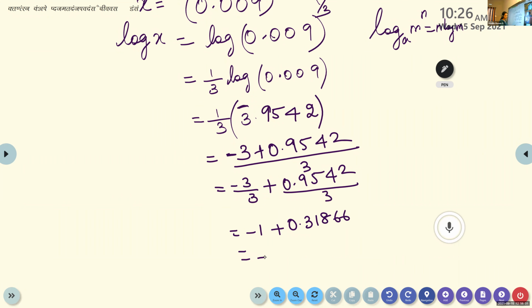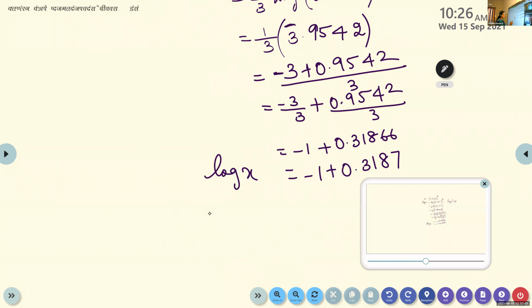So it will be the same as minus 1 plus 0.3187, minus 1 plus 0.3187. So this is log x. This is the log value. In order to find the value, we have to take the antilog. This is log x, and now we have to use the antilog. So log x is this much, and we want to find the antilog. Therefore, x is equal to